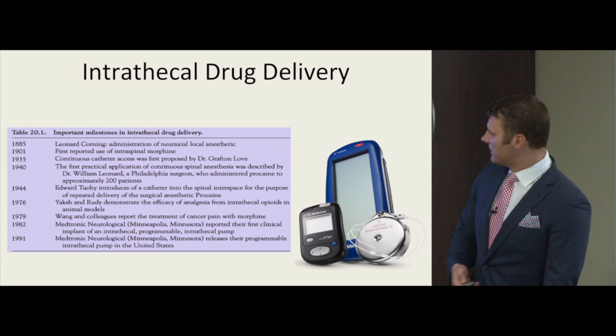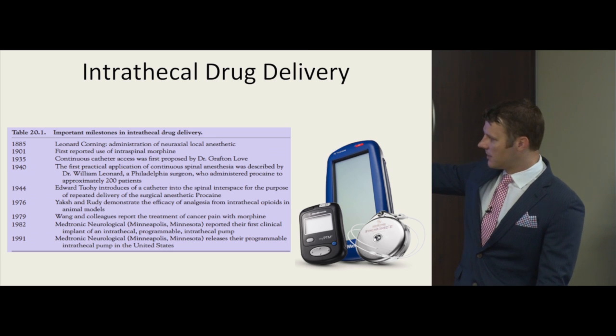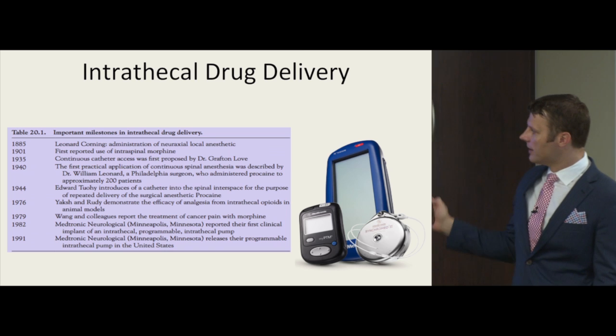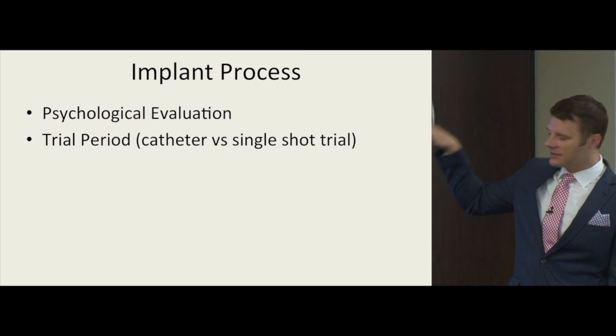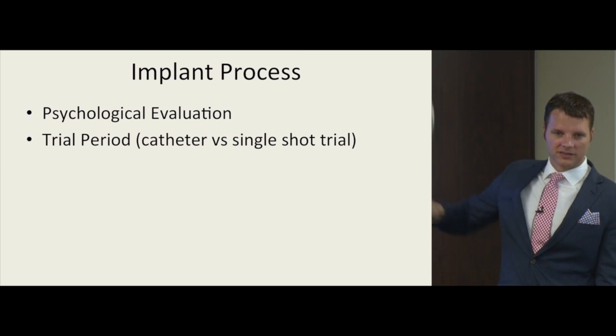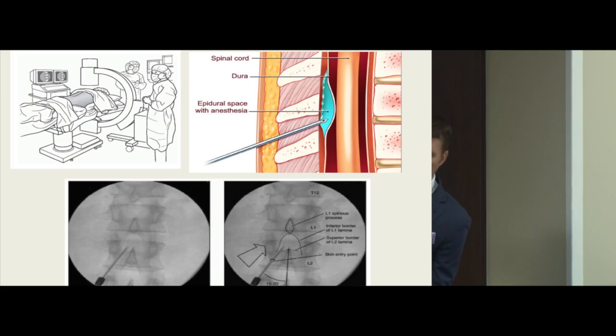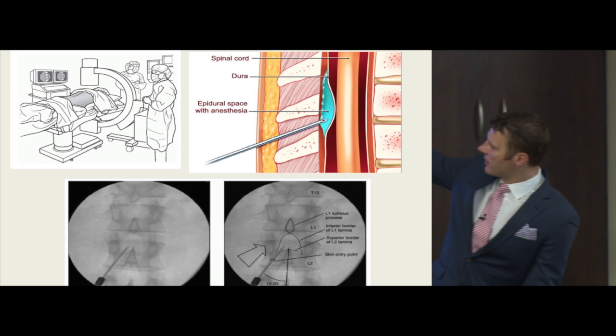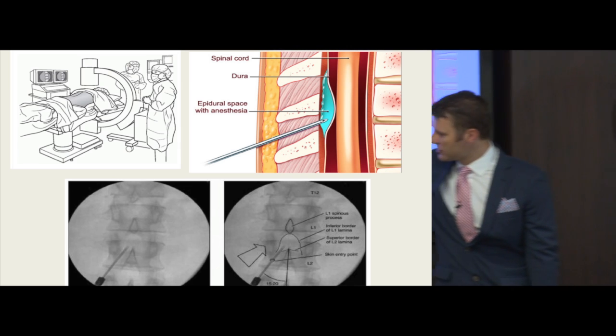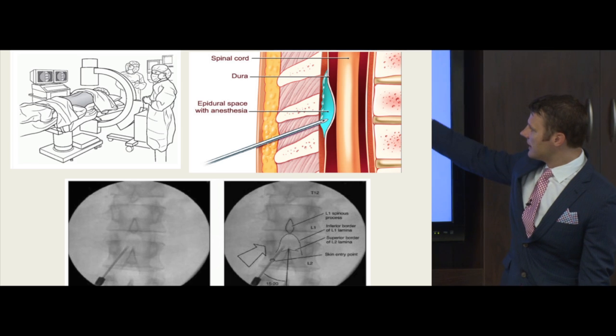But at any rate, this is a Medtronic. There's a couple of different companies. Medtronic is one that has most of the market now. But the implant process, you generally go through a psychological evaluation, although it's not required for cancer pain. And then there's a trial period where we take you into the operating room. You lie on your belly like this. We use a little camera. We identify the bones and the structures that we're looking at, and then we put a needle into the intrathecal